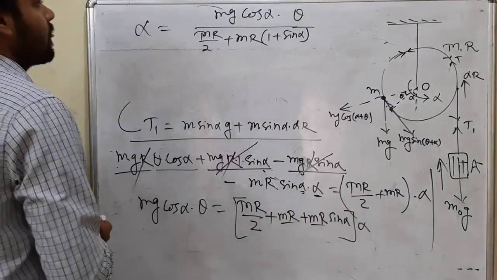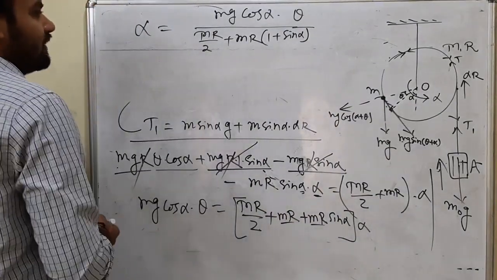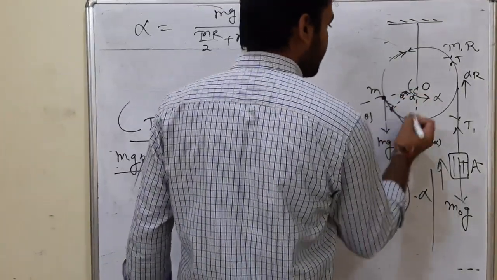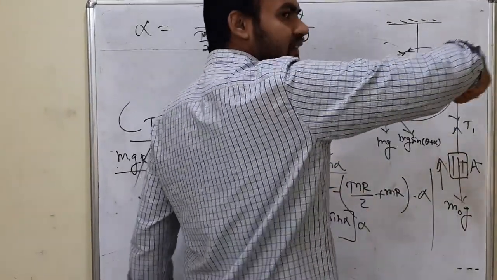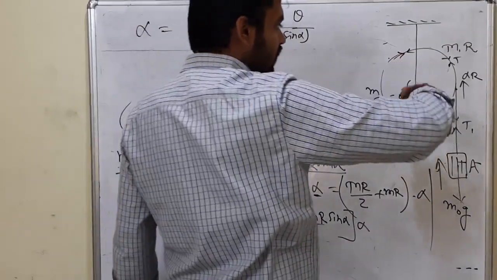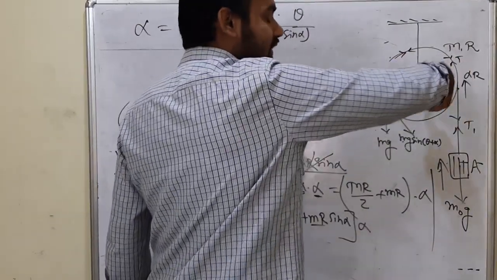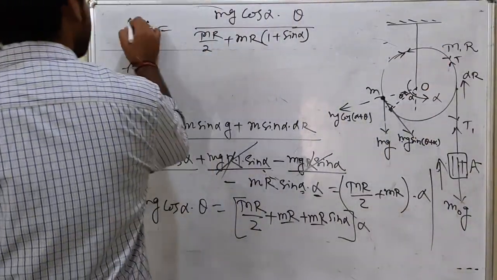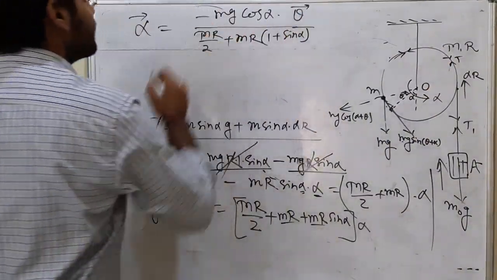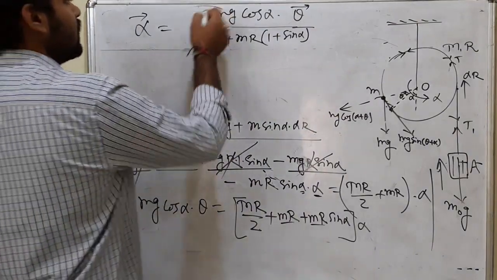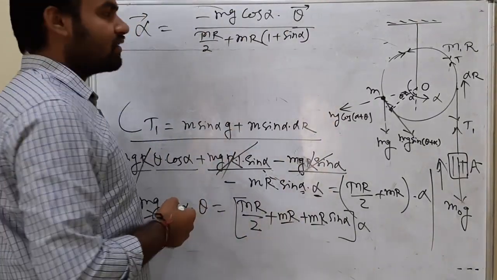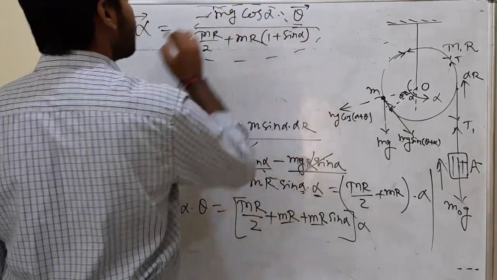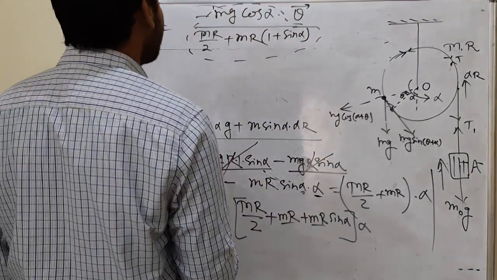That is the thing. From the direction point of view, you can see the direction of theta was clockwise, sorry, not anti-clockwise, it is clockwise, while the direction of alpha is anti-clockwise. So both are in opposite directions, and I must put a minus sign there. It is related to the basic differential equation of angular acceleration. This term is a constant, which we call omega squared, that is, angular frequency squared.